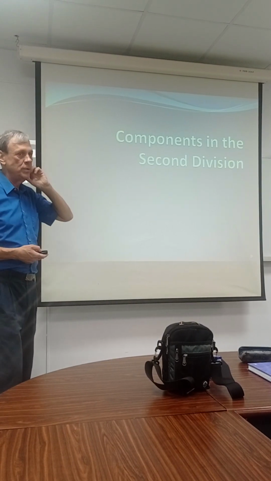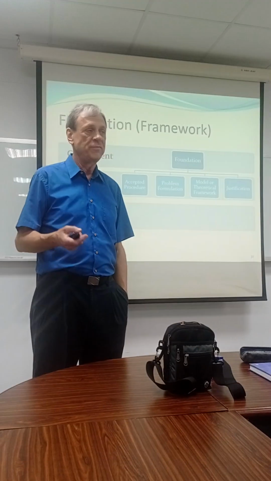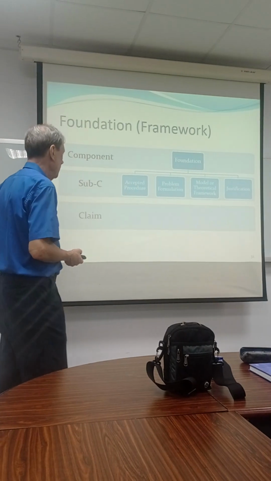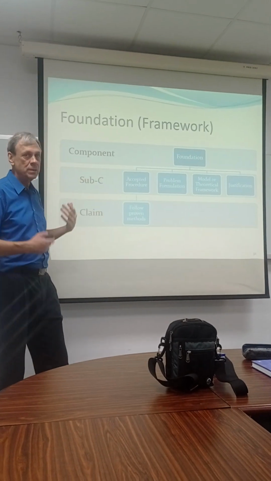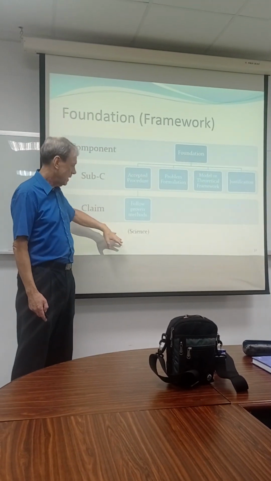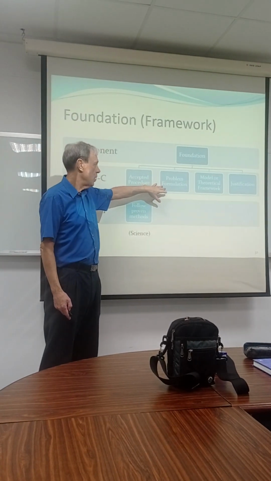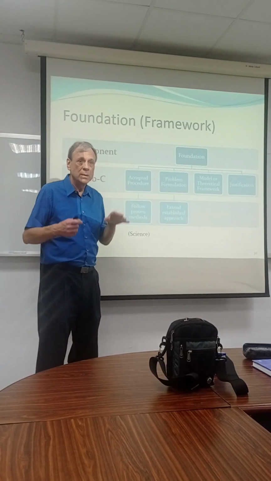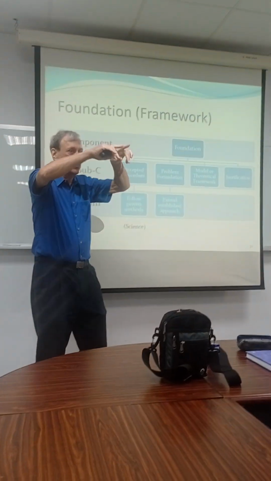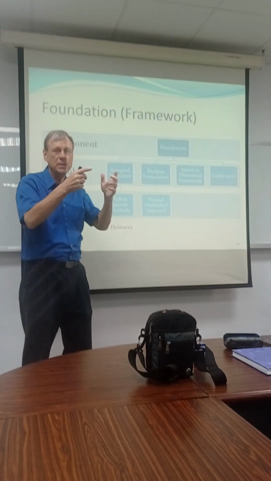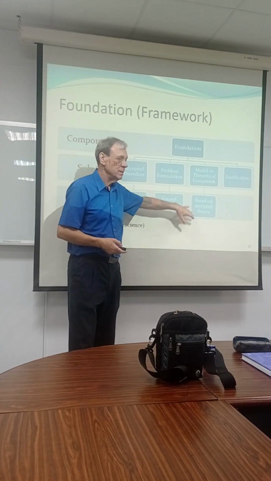And so again, the components that we find in the second division, for engineering, we often have foundation. And foundation, again, may have 4 different parts. The accepted procedure talks about following proven methods. That's basically, again, what science does. In engineering, you're more likely to have problem formulation, where you take this approach and you extend it. We are going to take this and define a new problem that we're going to solve to extend that knowledge. Or you build on an accepted theory,